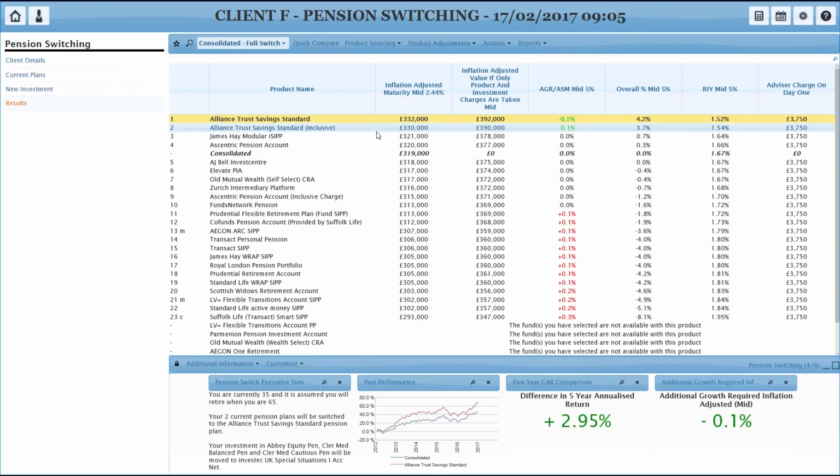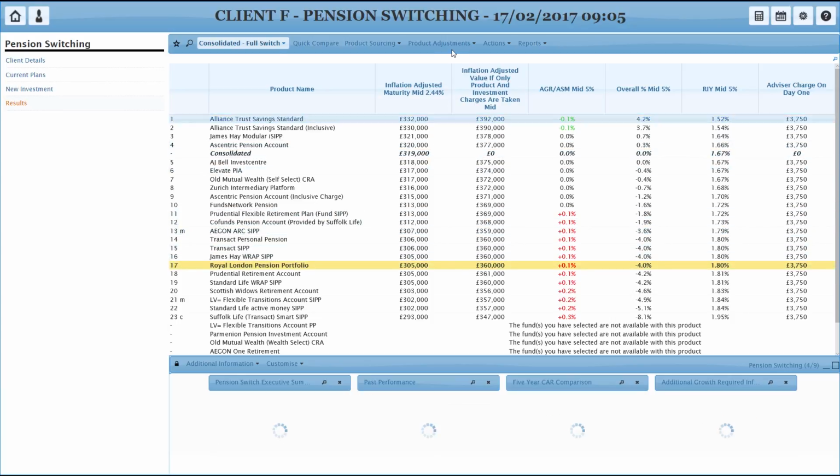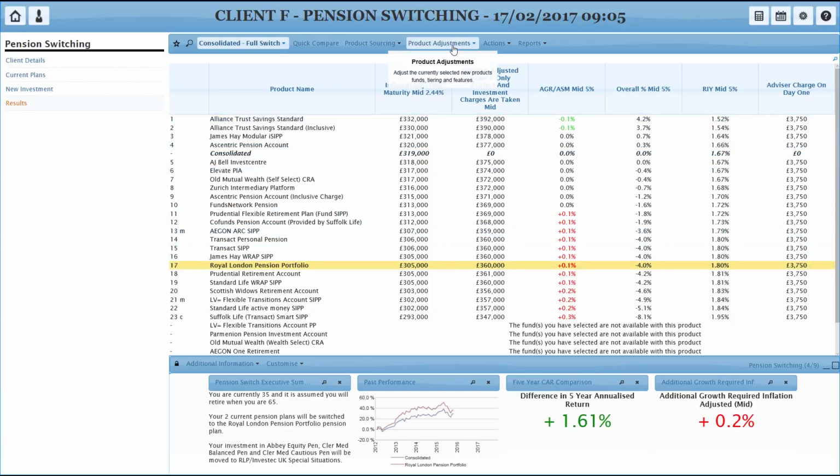So there's a few different things you can do under there. If you've already got existing money with the provider and that's going to have an impact on tiering, you can add that in. Or if, for example, you want to use a different fund for one of the products, let's say Royal London down here, and we want to use one of their governed portfolios, we can go into product adjustment and funds,